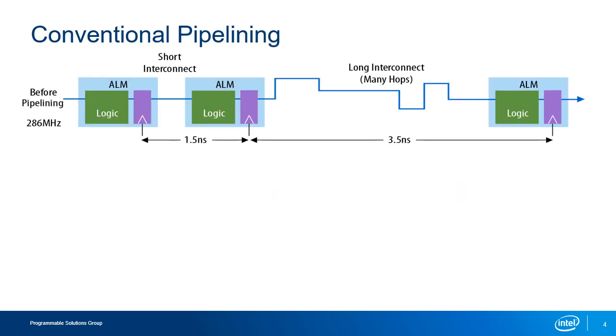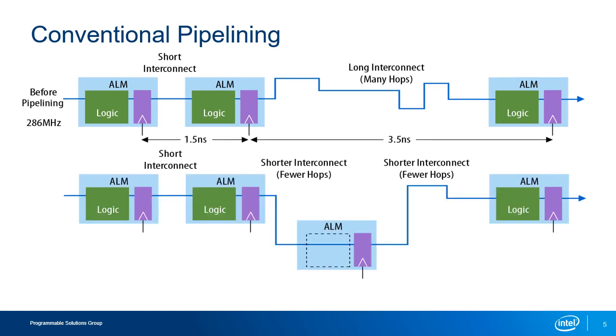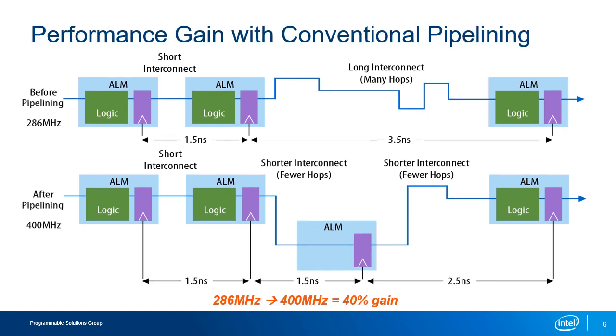In order to understand hyper-pipelining, let's review how conventional pipelining works. In this example, we have a long delay between two registers. By inserting an extra ALM register stage, we can cut that long combinational path so that the clock can be run at a higher rate. So with the original circuit, we had a long delay of 3.5 nanoseconds for a clock speed of 286 megahertz. By adding the extra register, the 3.5 nanosecond delay has been split into 1.5 and 2.5 nanoseconds. So with the longest register-to-register delay being 2.5 nanoseconds, we can now run the clock at 400 megahertz for a